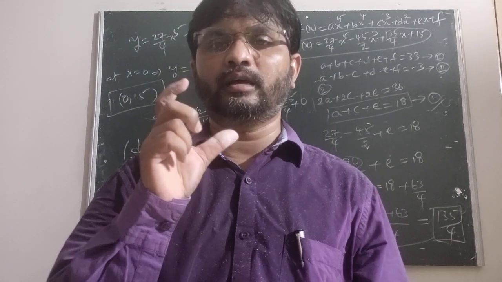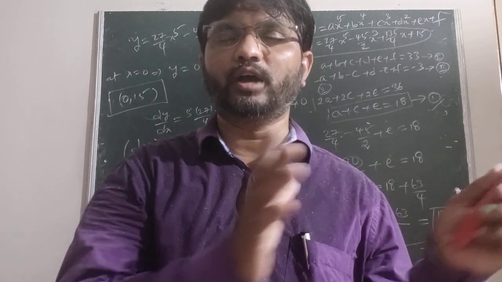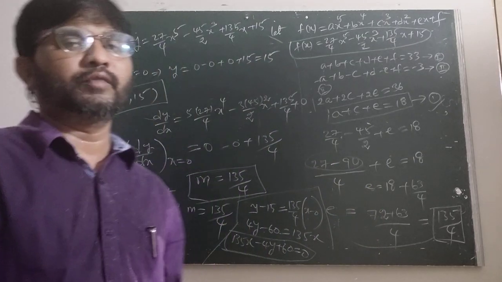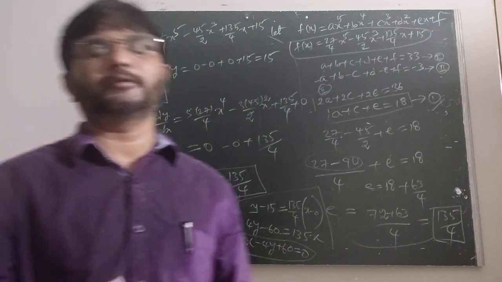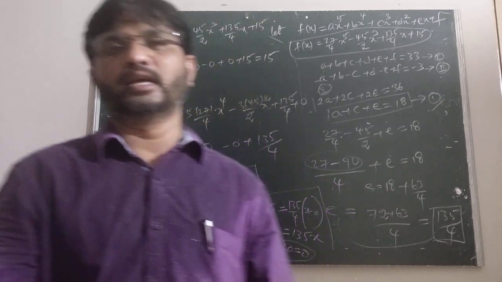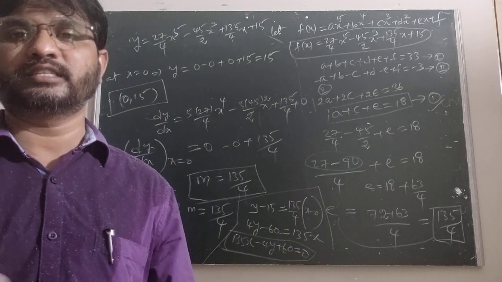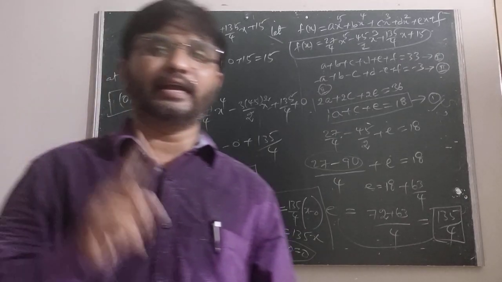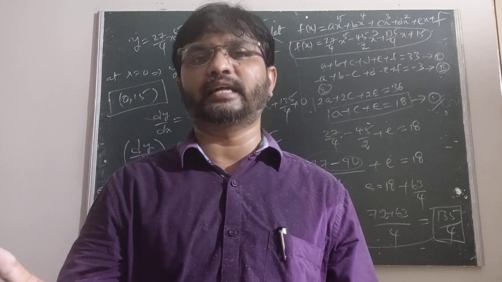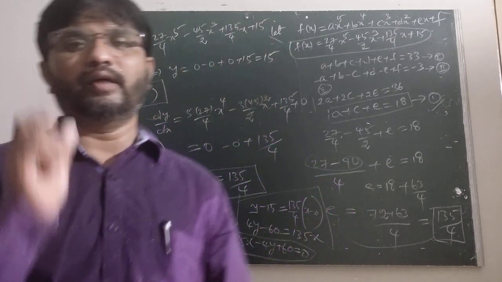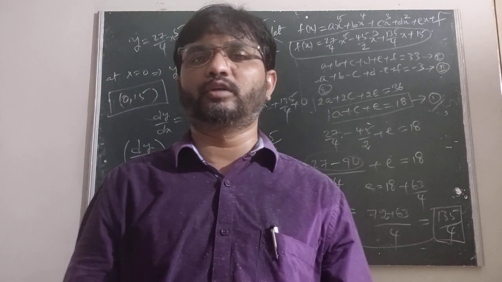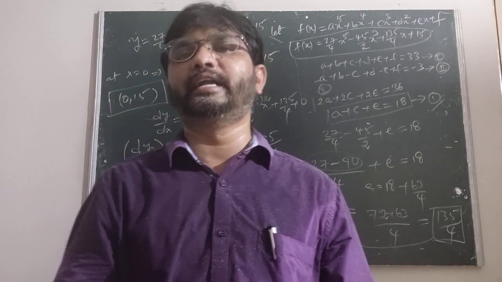First of all, we take the polynomial of degree 5. Let's assume that f of x equals ax power 5 plus bx power 4 plus cx cube plus dx square plus ex plus f. That is our function. When it is divided by x minus 1 whole cube, its remainder is 33. So f of 1 is 33 and f of minus 1 is minus 3. Then we substitute x equal to 1 and x equal to minus 1, and we get two conditions.